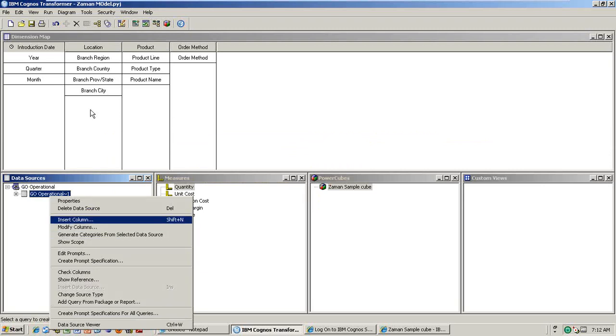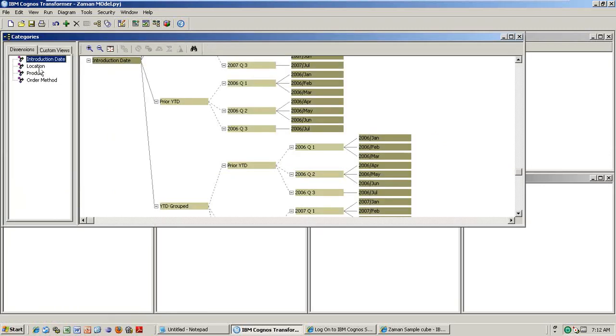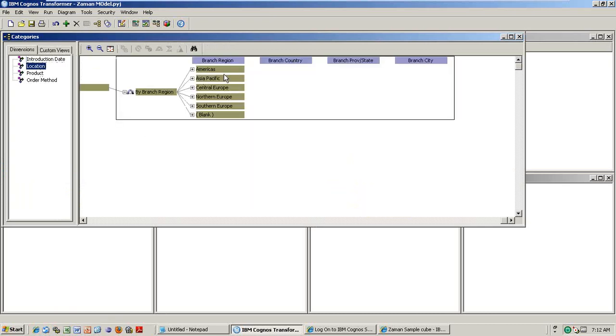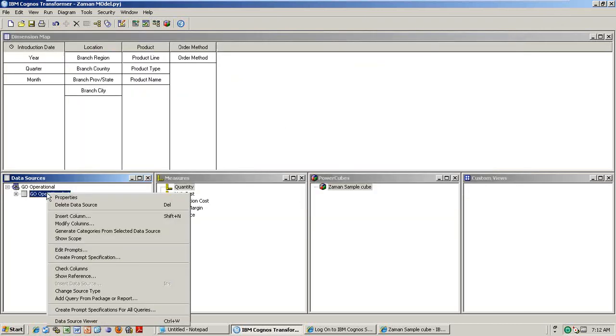If I click that, in the show diagram only Asia Pacific or America, whichever is coming from this data source, will appear. But when you are cube building, it will take all the data sources and generate the categories. Categories is nothing but it goes and hits the database and places the data values here. That is what generate the categories from selected data source means. By using this data source, generate the categories and then show it.